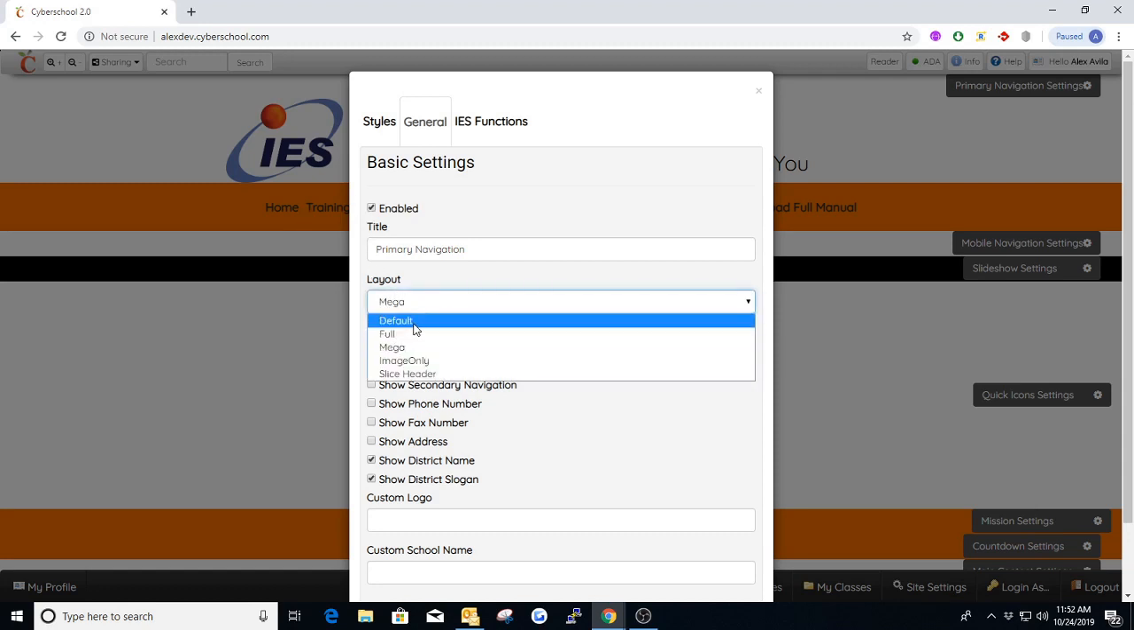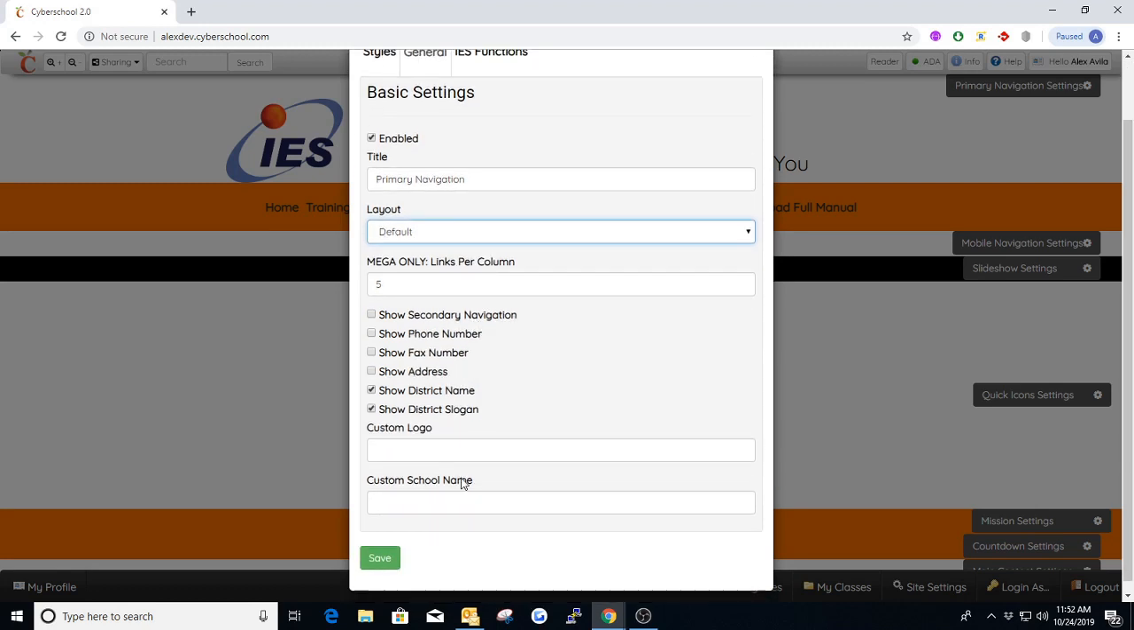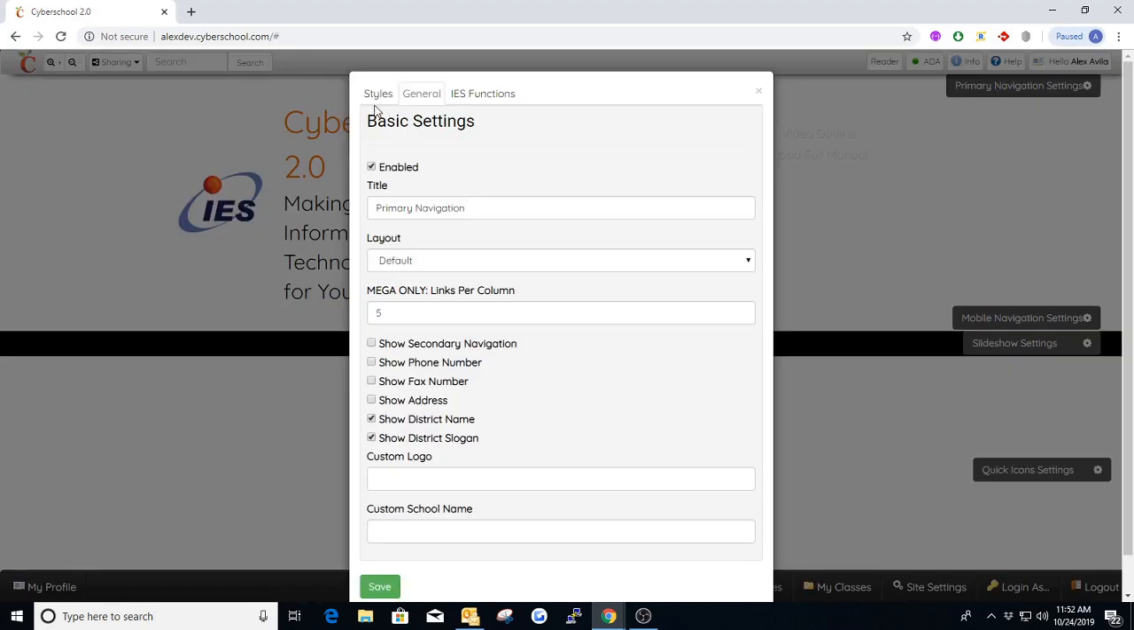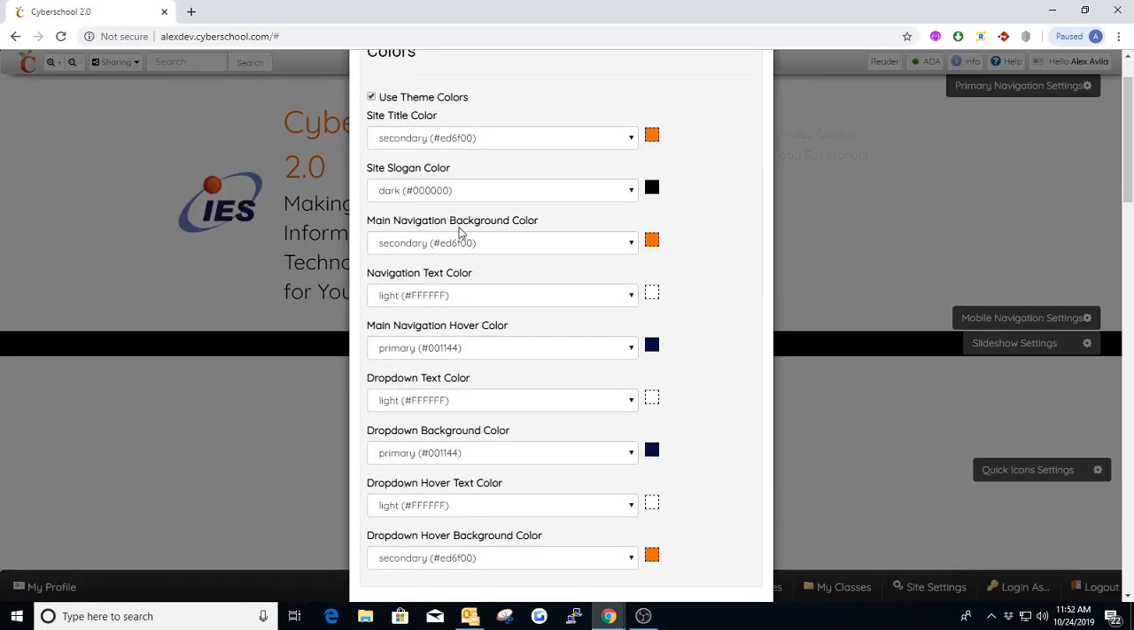You'll see the layout of this is currently set to mega, so it's a mega menu. But I can change that. You probably have default, which is just like a standard drop down. Let's save and see what's going on with that. Okay, so it looks a lot different now. You'll see the text is really transparent there because over in styles,